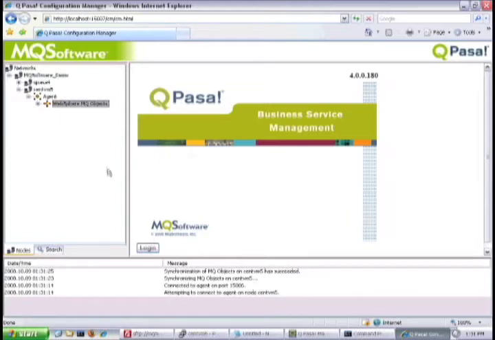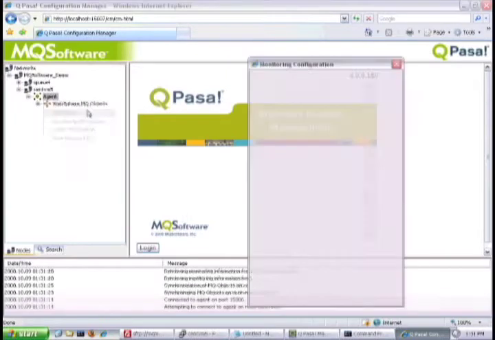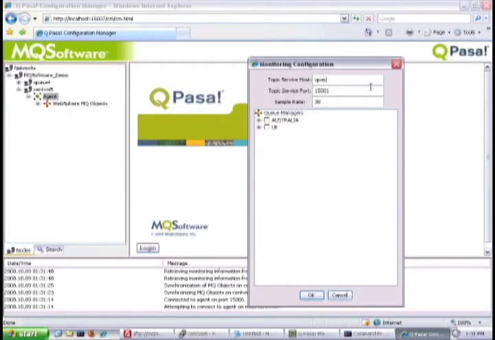This is something that we have to do basically on the first setup. But you'll notice it doesn't take very long, and even on very busy and very complicated setups, this will take very little time. Once that's done, we can do monitoring. We have to type in the host name of the QPasa server, and then we can select the things that